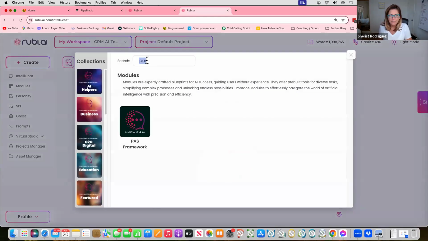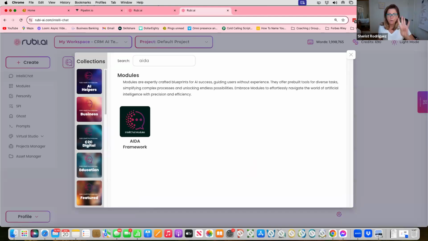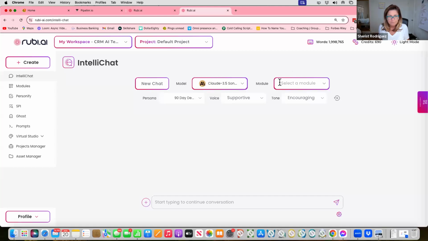The other framework is the ADA. ADA is going to give you 4 things. Attention, like the attention line, the interest, the desire, and the action. The action's the last one. So it's going to give you things that you can use for your headline, for your take action now to solve this problem. So I'm going to show this one today as well, because that one's a good one.